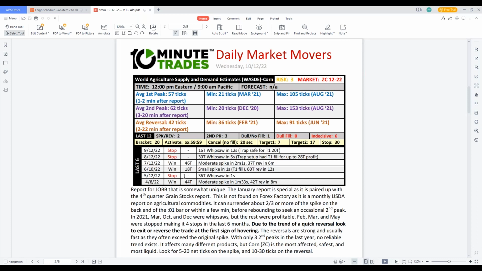So I will trade a report that's 50-50, especially when it's got a history of being a very good report. But if it's 50-50 over the last 6 months, I'm going to control my expectations and I'm going to trade fewer contracts. I'm going to take less risk. Maybe I'll choose smaller targets, right? I'm not going to load up and trade 20 contracts if it's a 50-50, okay? You want to trade, be smart.